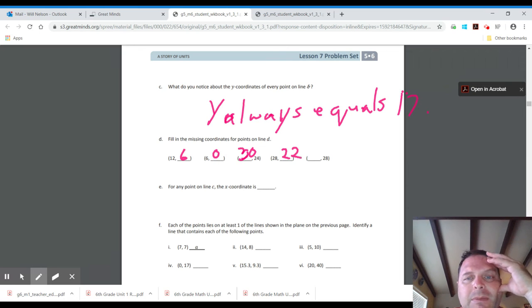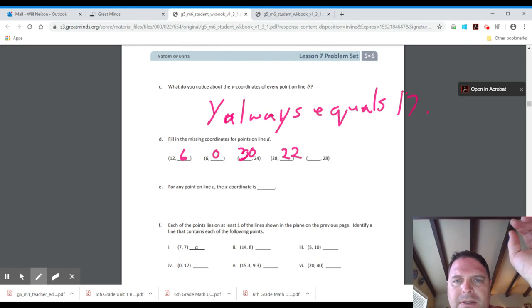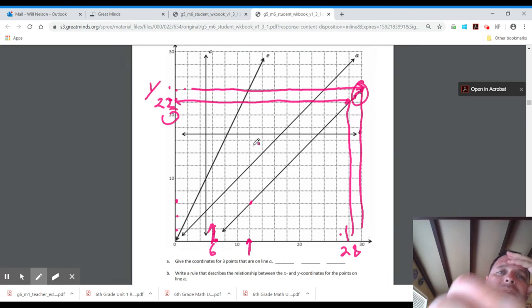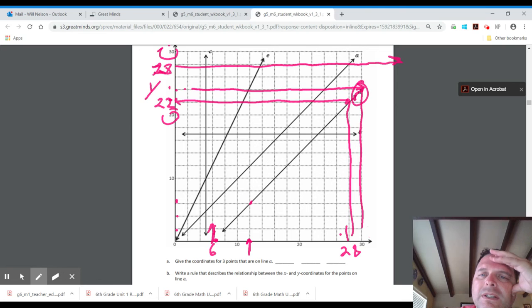And the last one, we have a number X and a 28. Let's see what we got. Oh, hold on a second. Let me go back here. 20 is the Y. So we have a 30 up here. We got to find the X where 28 is the Y. We look at the 28 and we come across till we get there. And if you notice, it has to go off the screen because the letter D does not reach that far. It's going totally off the screen. So we kind of have to figure out